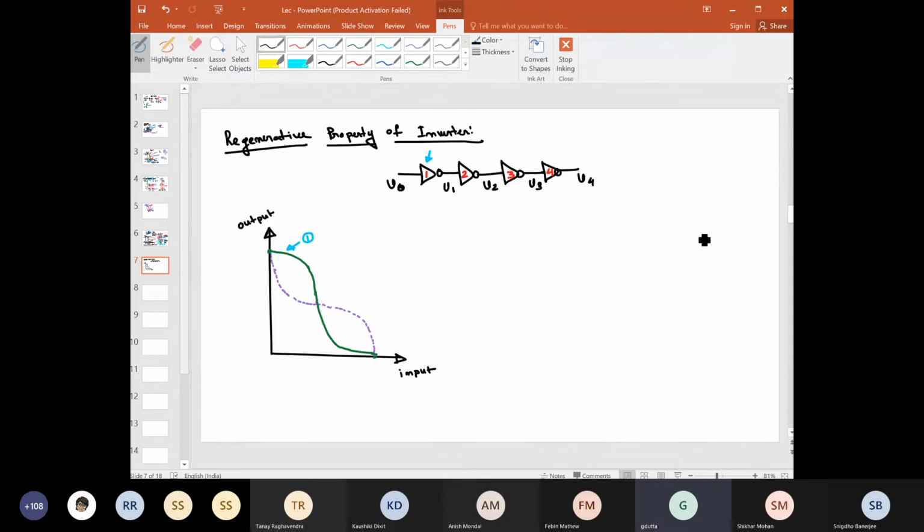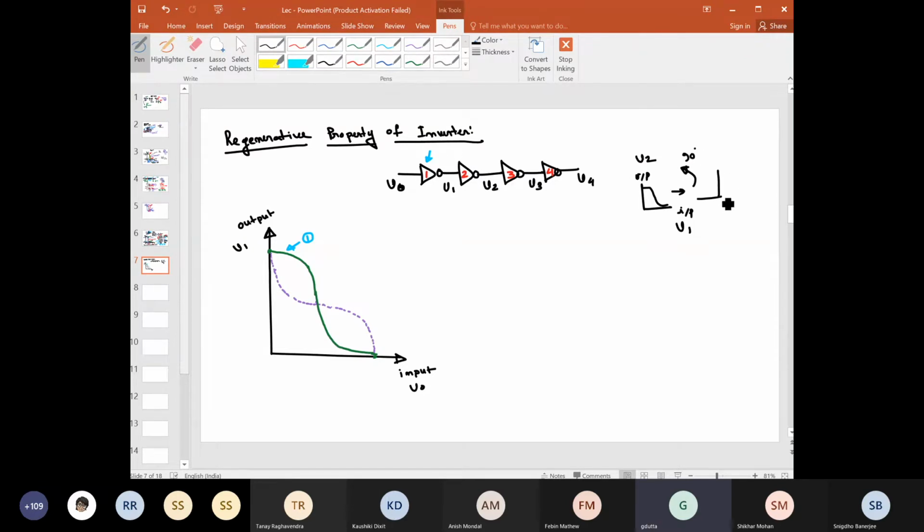Maybe we can do a small thing and show it also. See, consider this inverter. If you are plotting output here and input here, it will look like this, right? But now, if this is the output, then it is expected to be V2, and this is V1, the input. But here we are plotting V1 here and V0 here. So V1 is here, and we have to change the axis, so we have to flip it. So make a 90-degree rotation in this direction.